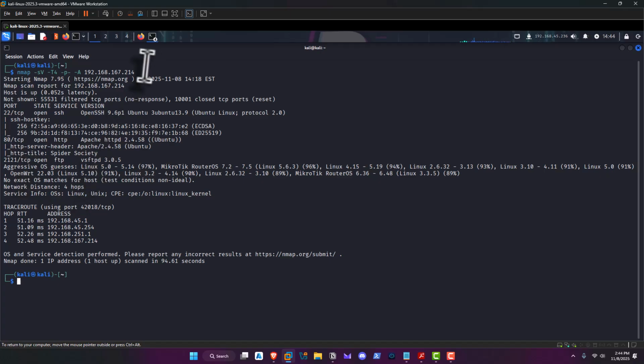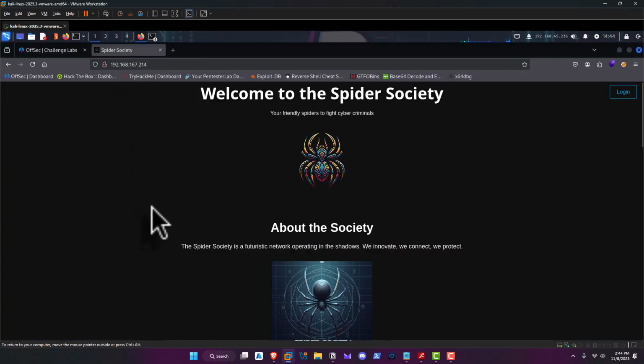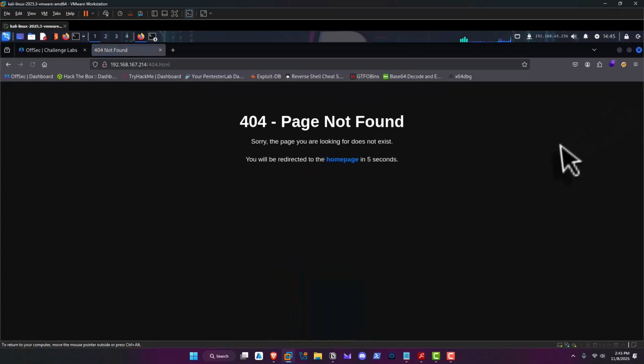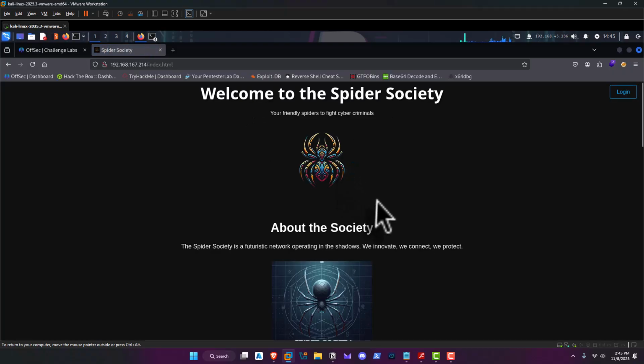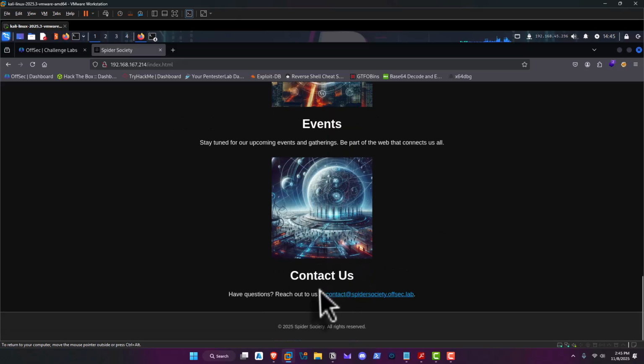So really, the first thing that we did was we went to the website. And it's pretty cardboard, our front end. There's not a lot going on. If you click login, it just takes you to this redirect, and then you are redirected back to the home page. If you scroll down, really none of the links work. The only thing that was worth anything here is this email address is